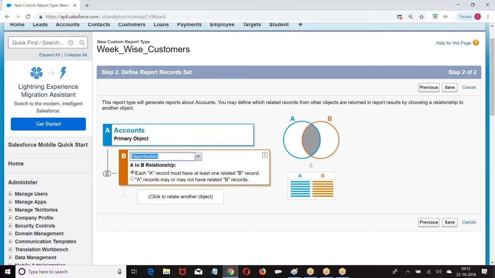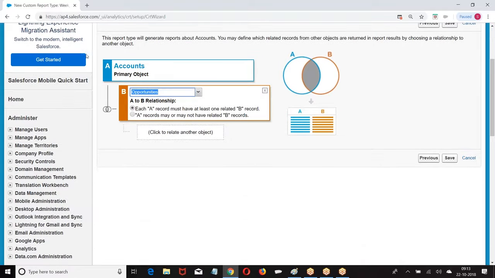Now they are asking, do you want to take only those accounts which have opportunities, or do you want to take all the accounts? Now we have it here.